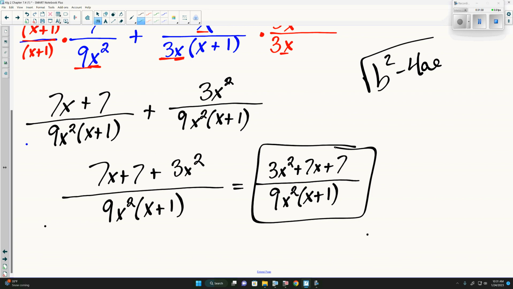Now the reason we're looking at factoring it is because if it did factor and one of the factors was x plus 1, then the x plus 1 and x plus 1 would cancel. Questions on this here? Okay. We're going to